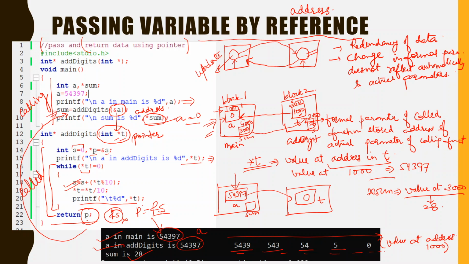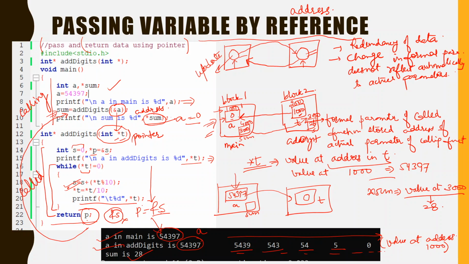So if I ask you what is the final value of a, yes, a is 0. You can see from here, because we access a directly with these elements. A was actually the actual parameter of the main function, but it is accessed by the add digit function with the help of the pointer. Then we saw that we could directly return this s only. But if you want, this would create a copy.